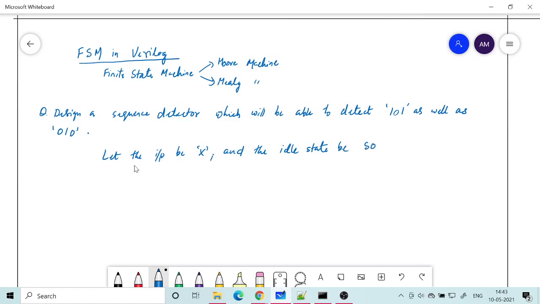So we will name it S0, S suffix 0. That means the state diagram is going to start from S0, and let us also assume that the output be Y. Y should be equal to 0 because we have not yet detected anything.